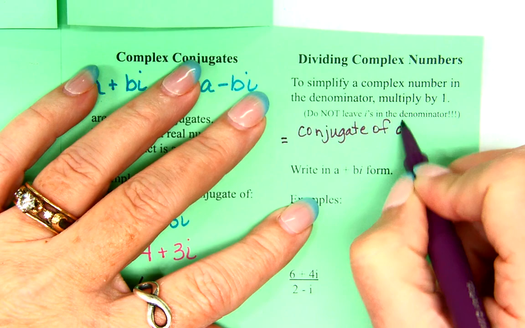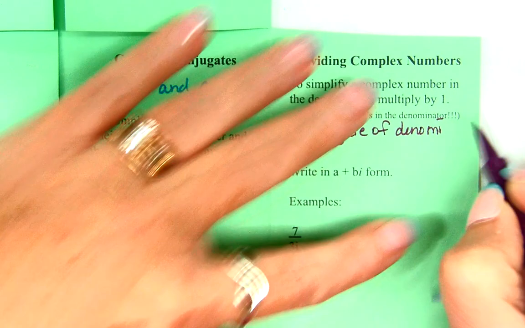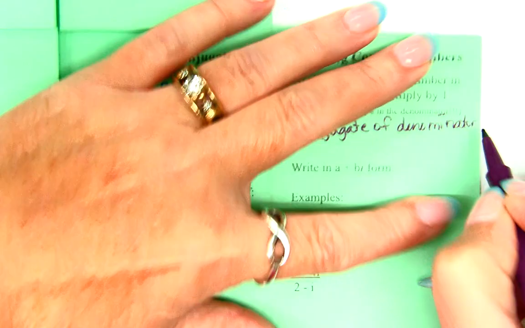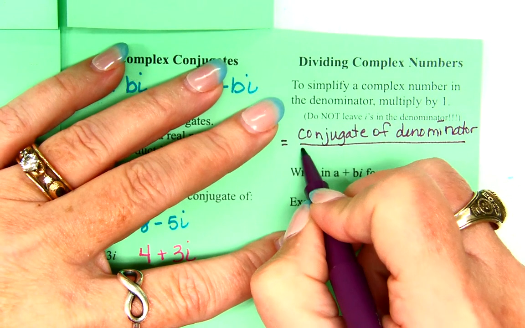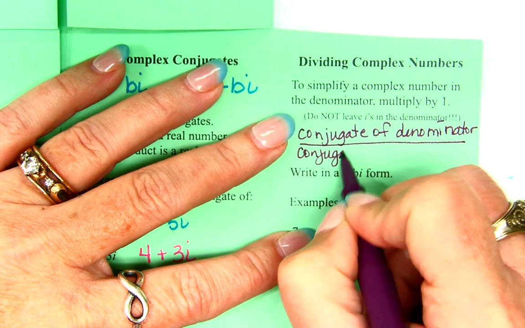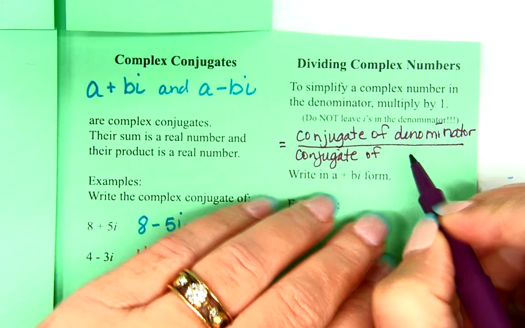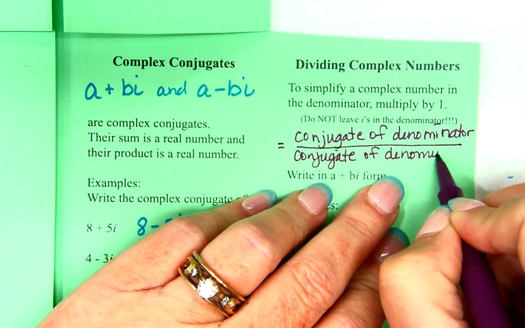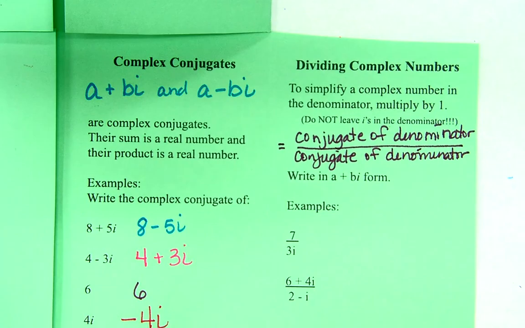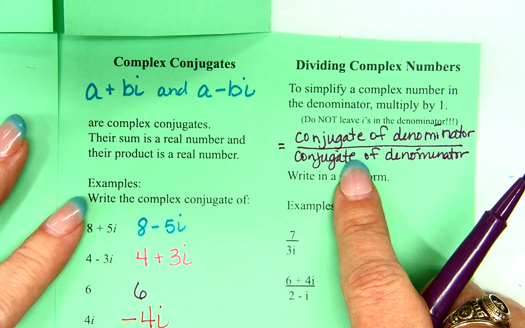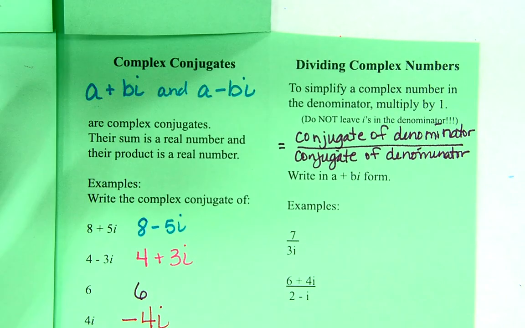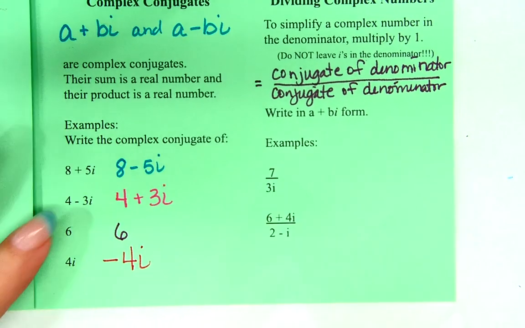of the denominator divided by the conjugate of the denominator. If I divide anything by 1, isn't it just itself? Yes? Can I say that again? What I said was right, it's not what I meant. Dividing anything by 1 is itself, but if I'm dividing something by itself, what does that equal? 1. Okay? So if my problem says 7 over 3i,